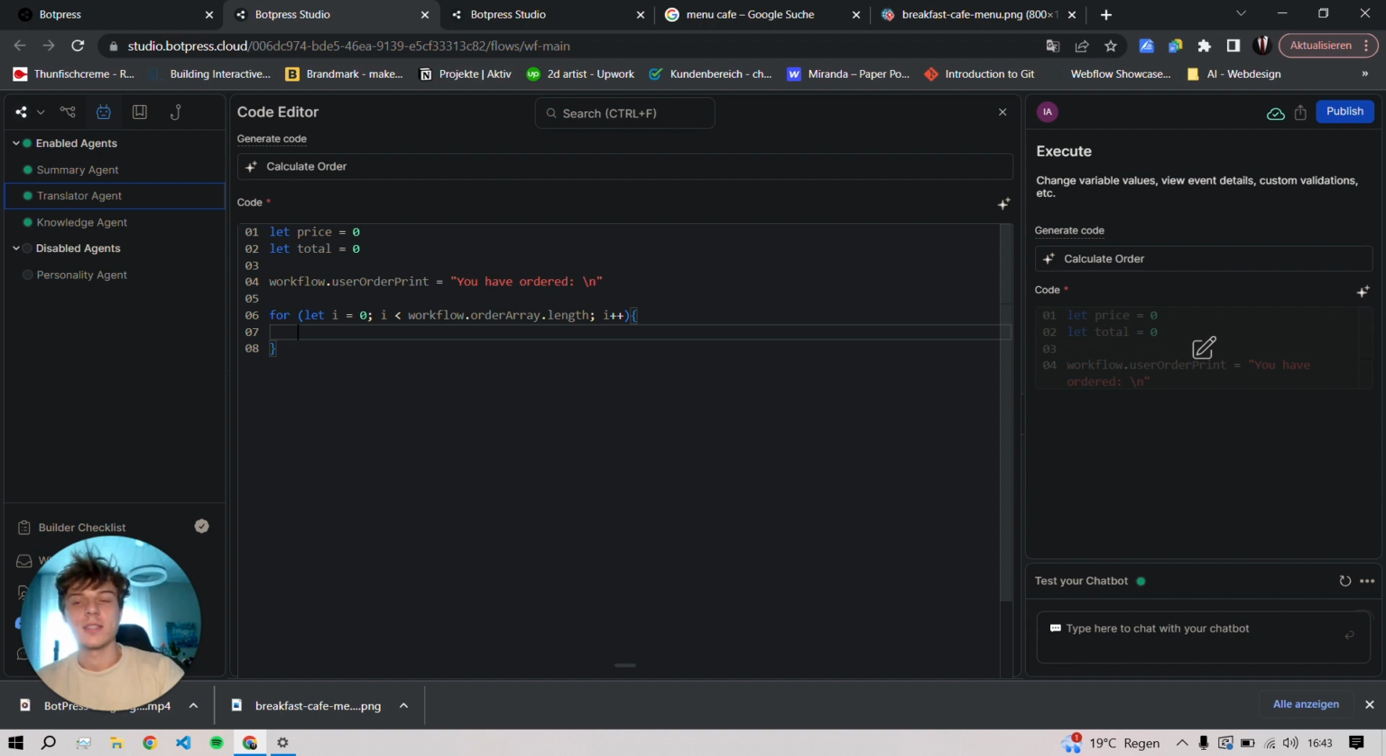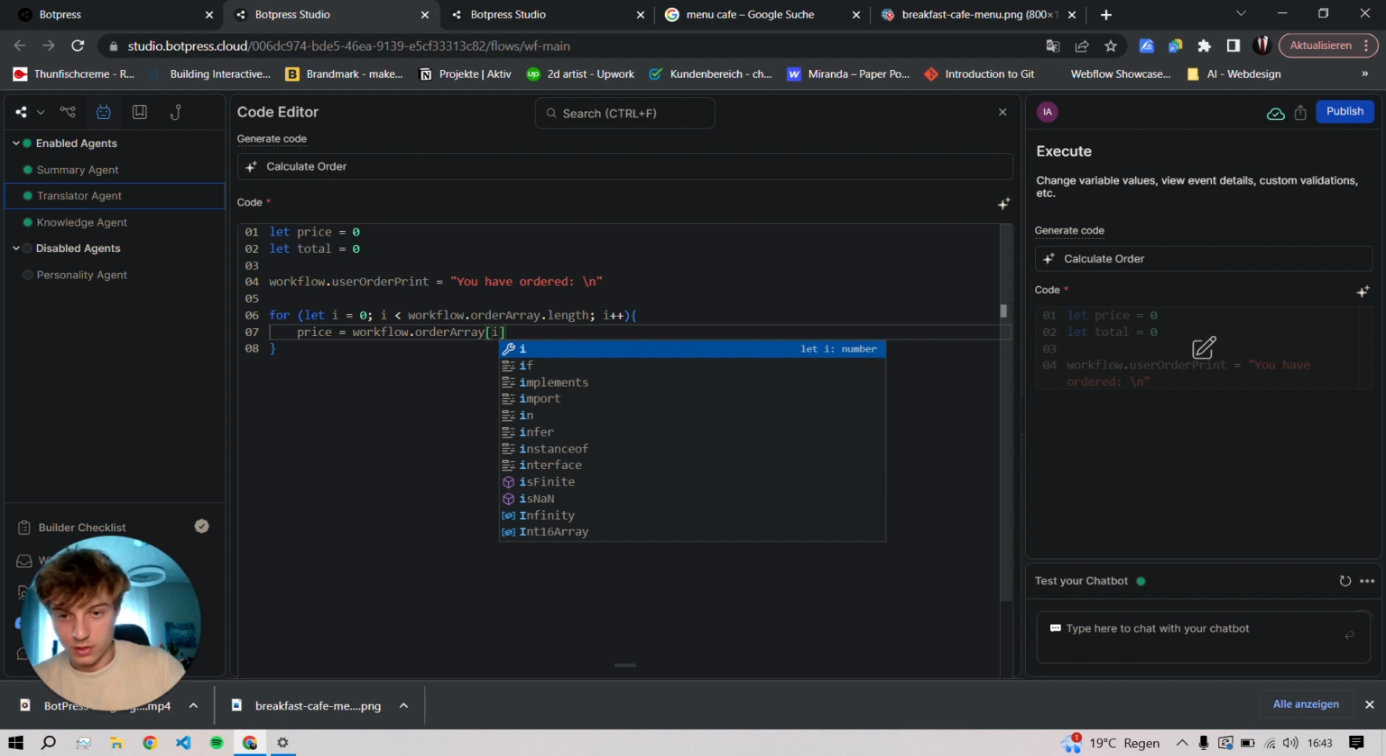So how to calculate the price. Price is calculated by taking the amount of the item times the price for the single item. Then we have the price for the whole order, for the whole item order. So let's say price workflow dot order array i. So in the first iteration, it will take the first item in there, then the second one, and the third,